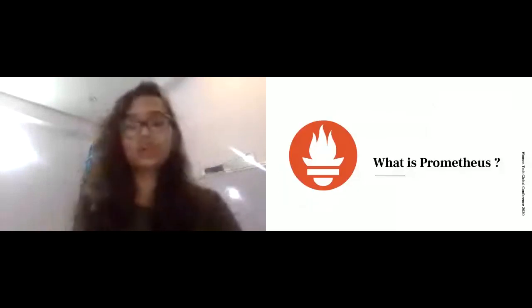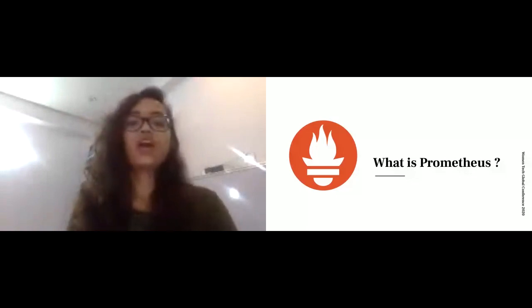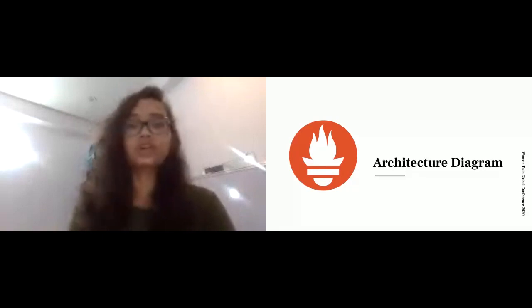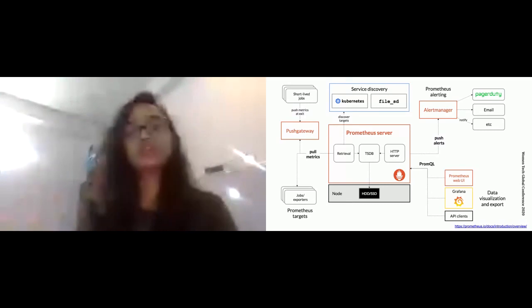Prometheus is a monitoring system based on metrics. A metrics-based monitoring and alerting stack. Those are the simple words we can dedicate to this, and it is well suited for dynamic cloud environments. So let's go deeper into the architecture diagram. This is something I took from the official documents of Prometheus. Looks a bit complicated, right? But it's okay. So that we have everyone on the same page, here is a quick simplistic architecture diagram of how a Prometheus setup looks.